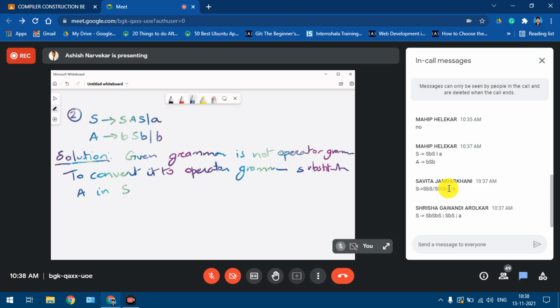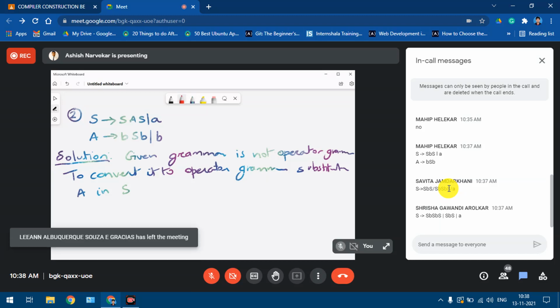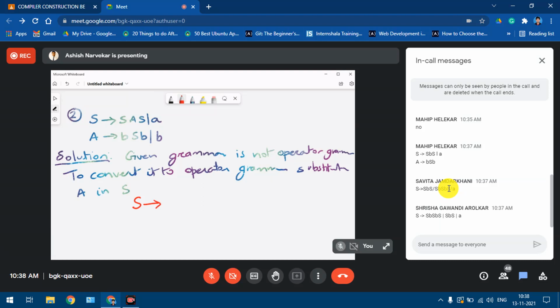What we have been given is S gives, so we have to substitute for A, correct? So now how do we go about?